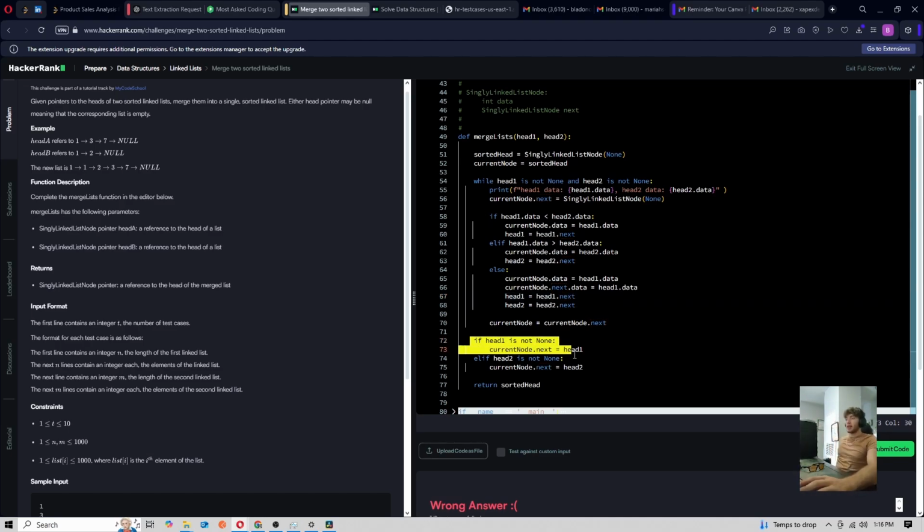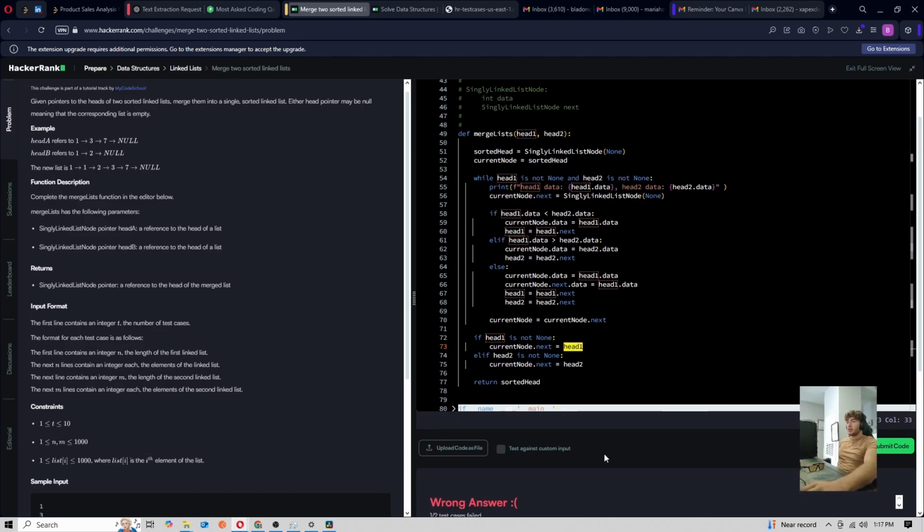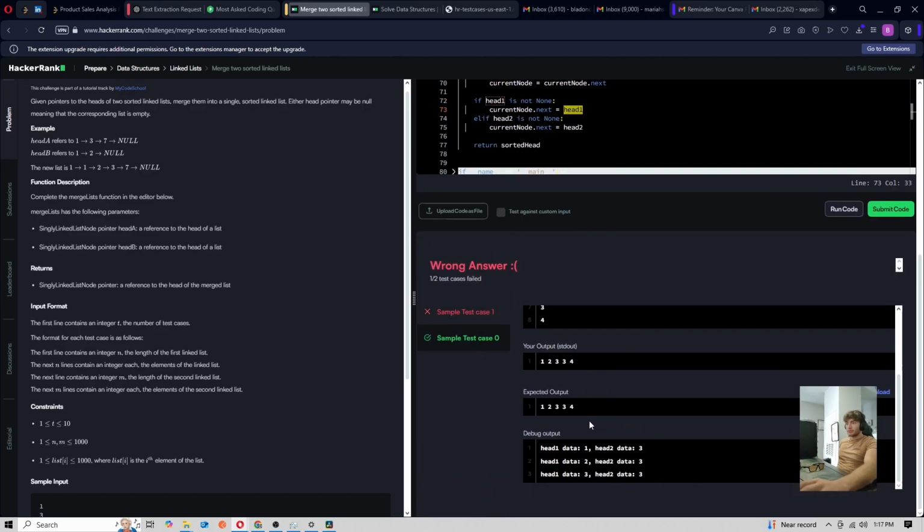It's going to say that, okay, if one list is not finished, then I want to make my next node equal to the head of the other list, which, mind you, is not the actual true head of the list, right? So we're not just adding the beginning of a list to our current list. In theory, what I'm trying to accomplish here is to take the head of the list at some point, the remaining portion of the list after we iterated through both. And so if we're looking at what that looks like here,